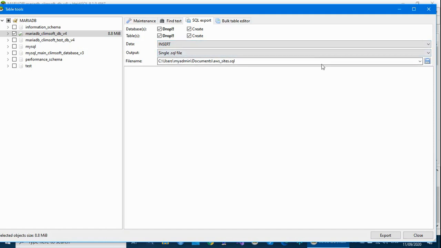And then here you need to put the file and the path where your data will be saved.